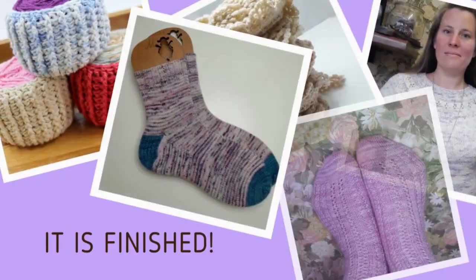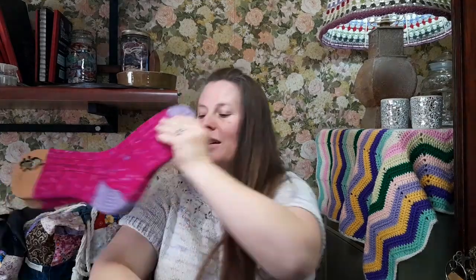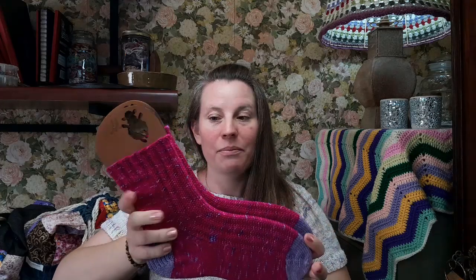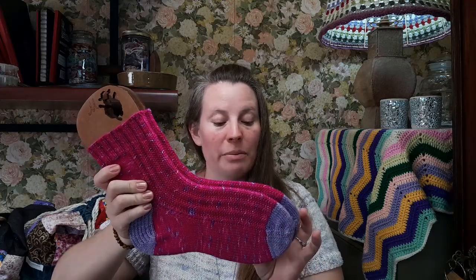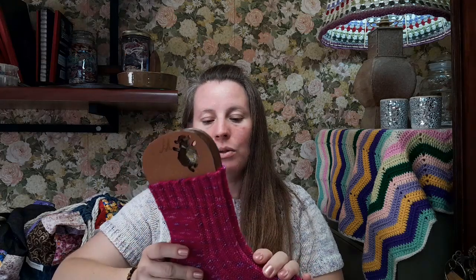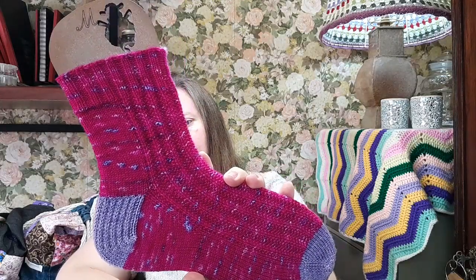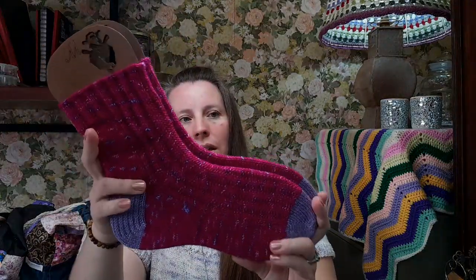Right, so let's start with what is finished, my finished projects. In this episode I have finished the pair of Felicity Socks, which is my own pattern that was just released on the 31st of March 2023. In the previous episode, one of the socks was already finished, and it was this one, and I finished the second sock of the pair. So the whole pair of socks is finished,